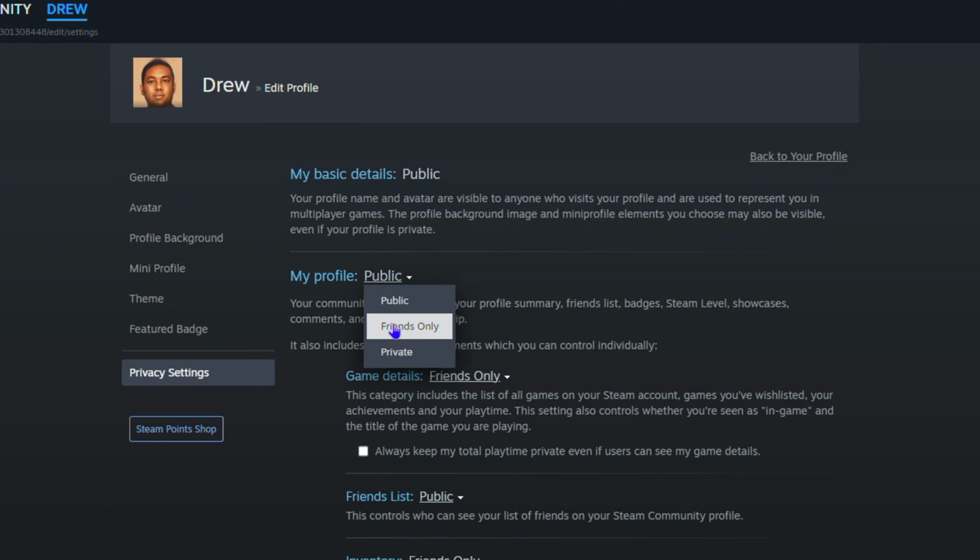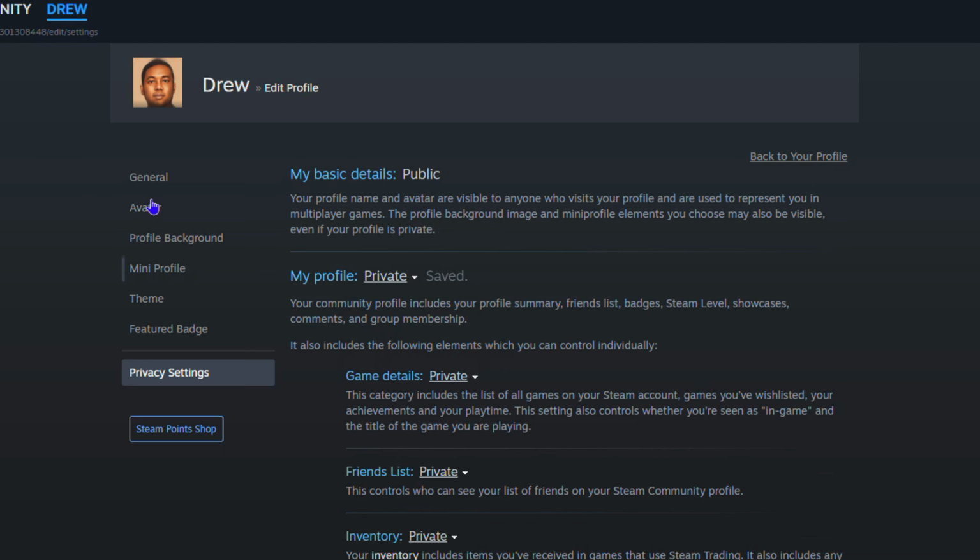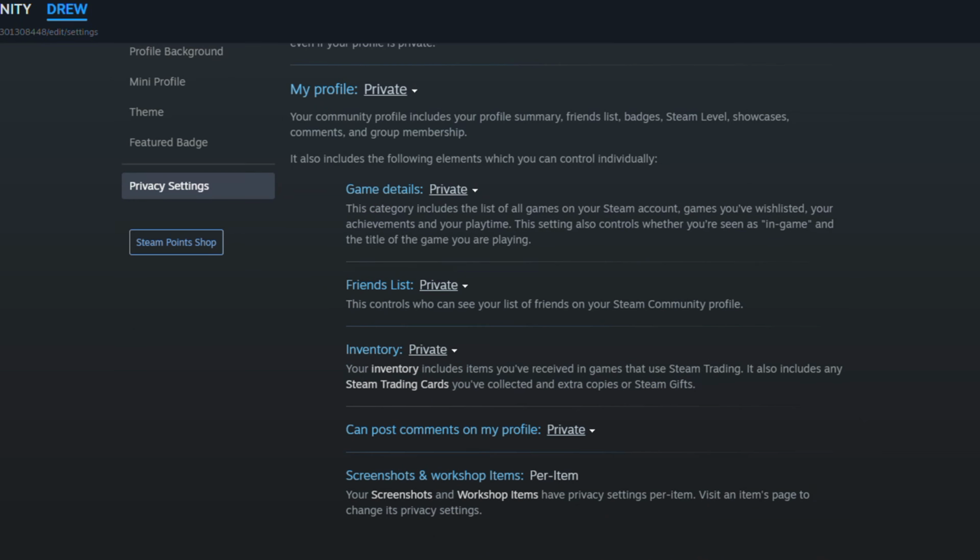So friends only, it's somehow private too, right? So it's only been private to the people that are your friends on Steam. But if you want to private it, just simply click on private, and as you can see, it is now saved to private. Now you want to scroll all the way down to the bottom as well, and you want